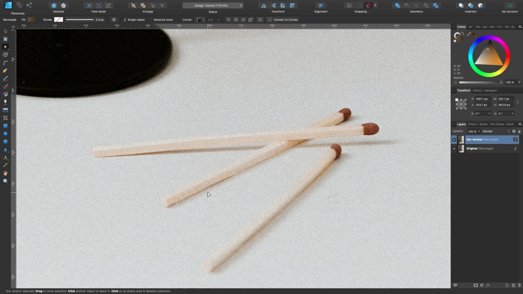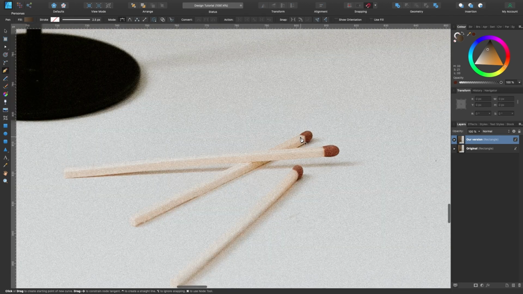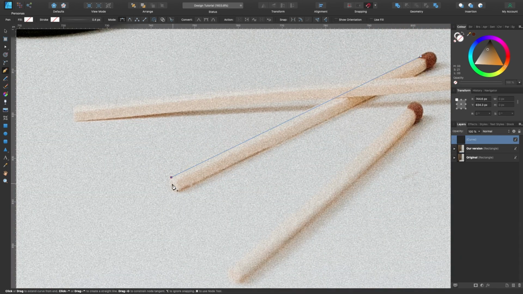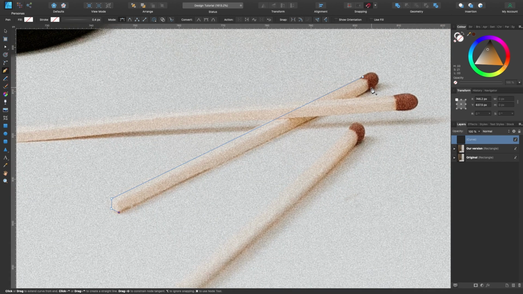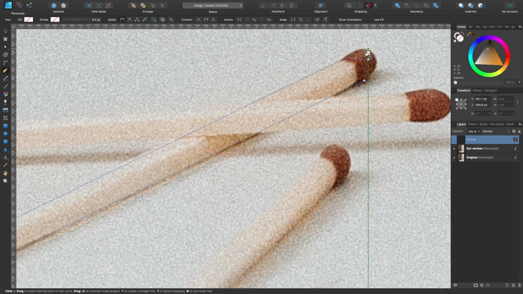Okay, we are on the last piece of the puzzle, the matches. Let's just jump straight in and do them. Grab the pen tool. I'm going to draw this one underneath. I'm going to trace the outline of it somewhere like that. Go to the end, a bit grainy at this level of zoom, so I'm just going to kind of guess this next bit. And I'll just finish it off. Can be messy there because we're going to stick the head on it afterwards.